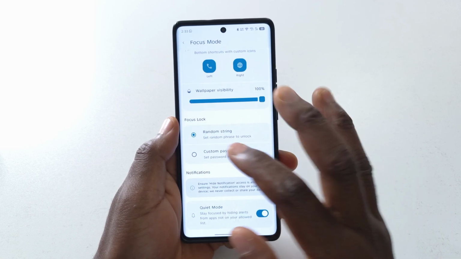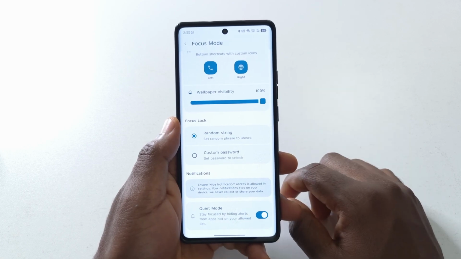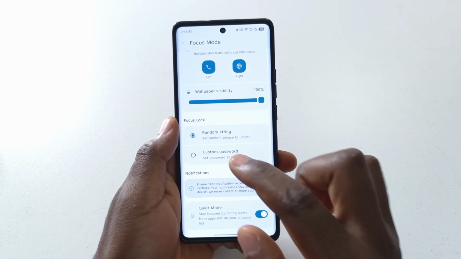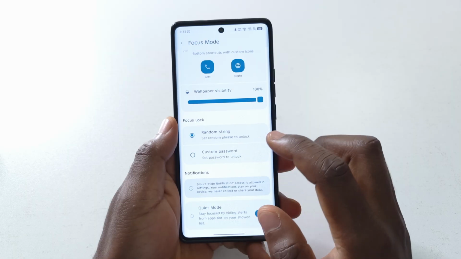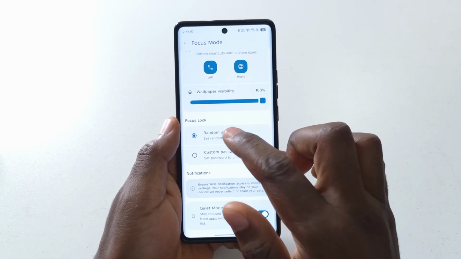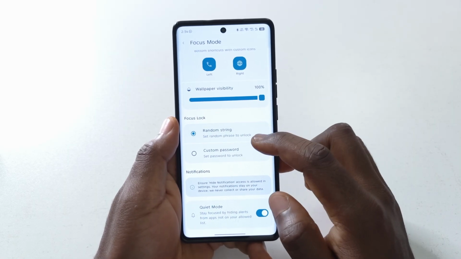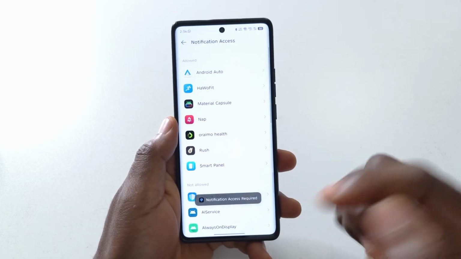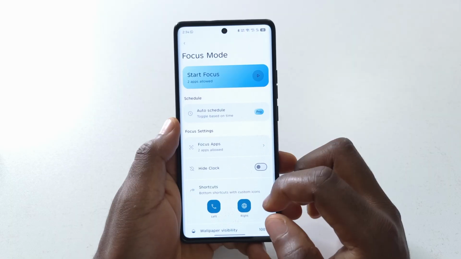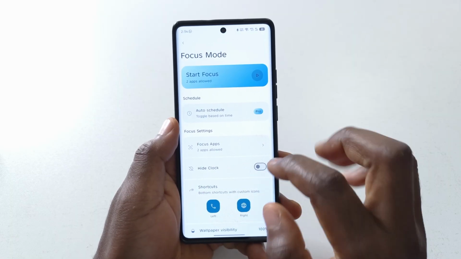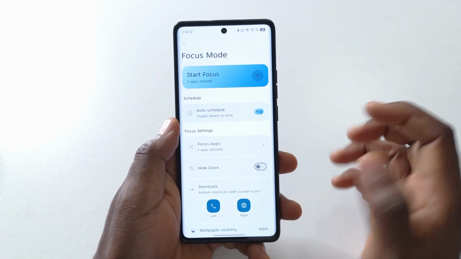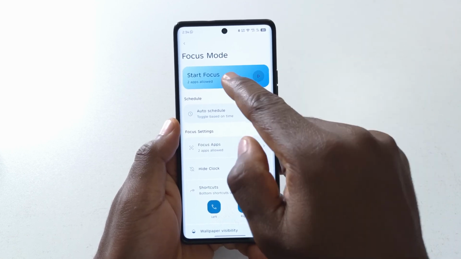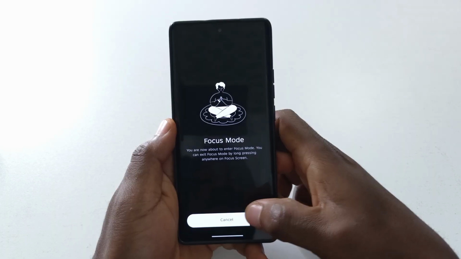And down here, there's the way to unlock the focus mode. So you can either use a random password or you create your own custom password. If you're really serious with focus mode, I would recommend you select random password. And this one, I don't really know how it works, but I just keep it activated. Okay, so if you want, you can hide the clock so you don't get to see the time, but I don't think that's necessary. Okay, so after you're done with the settings, all you need to do is tap this,